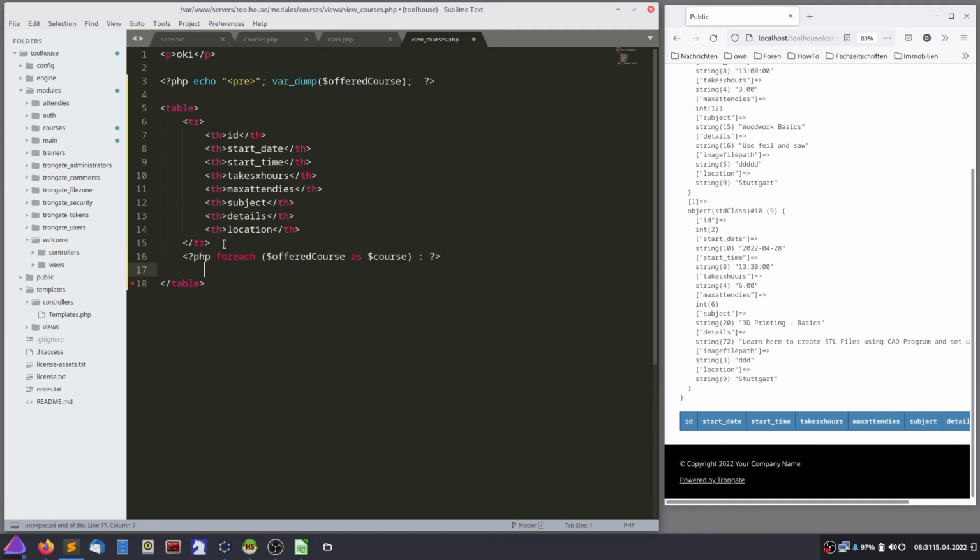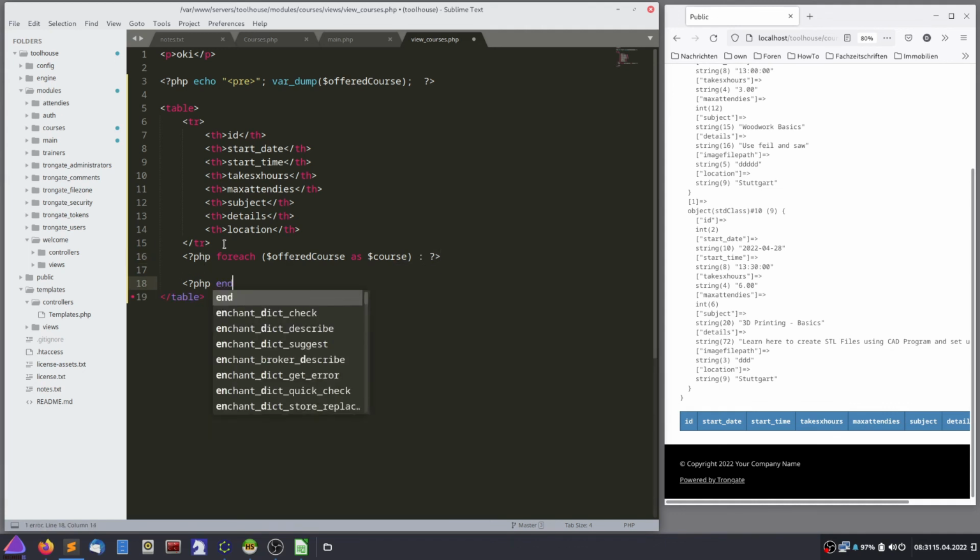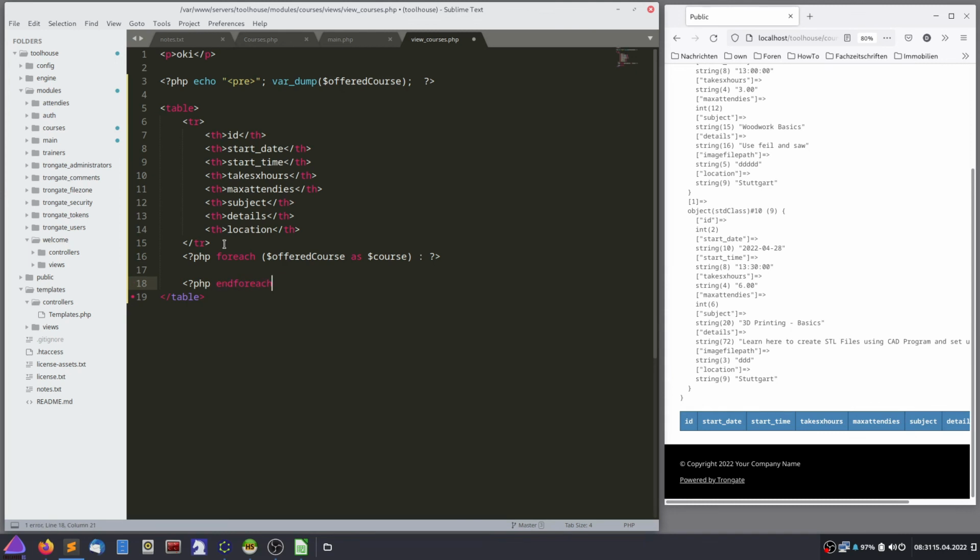Let's break out of PHP and we'll write within here also our row, but we will put data elements in, right? Exactly. So, and we can now echo out